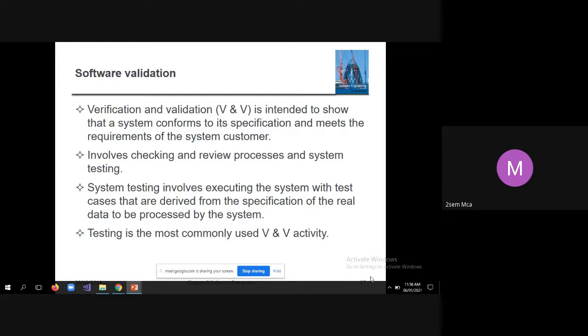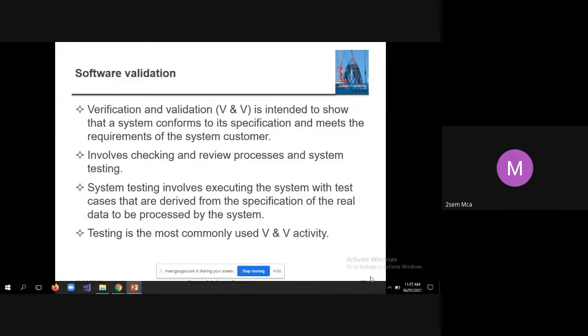Say requirement ID 1 is implemented, then put a tick mark. Requirement 2 is implemented as some functionality, then put a tick mark. Like that you will trace everything. That is called a traceability matrix. A software test engineer will prepare a traceability matrix, using which he will cross check whether all the requirements are completely implemented or not.